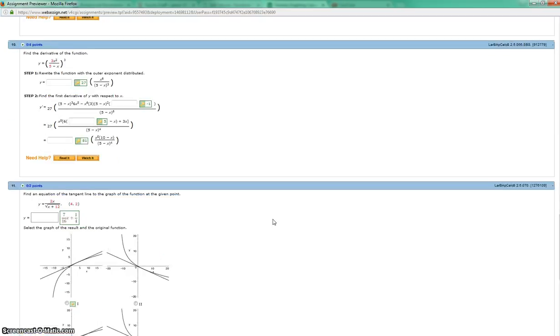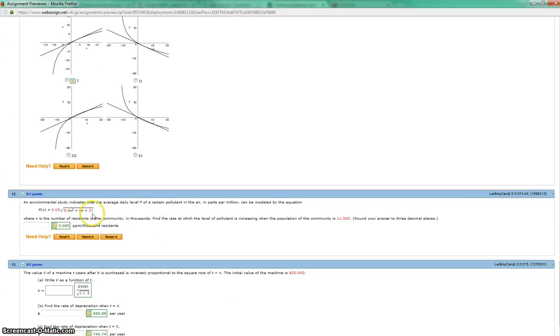And then on number 12, more of a word problem. So this one would be doing a substitution step where this whole thing underneath here would be our substitution. So we'd say u equals all this, and so basically we have 0.05 times u to the 1/2, and we'd use that power rule to get us there, but also multiplying by our du at the end. And then lastly, if we're finding a rate, that means we would just be plugging in 11,000 in,